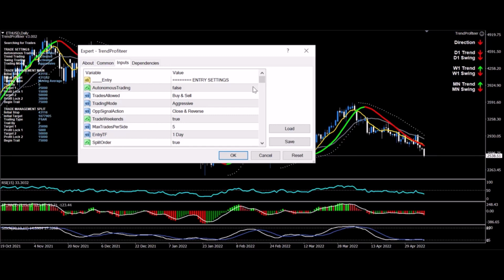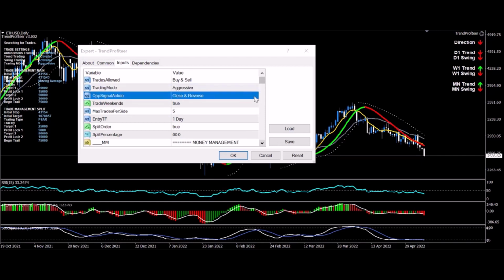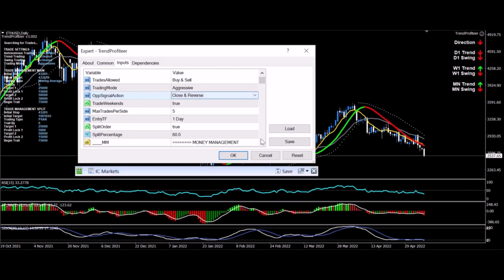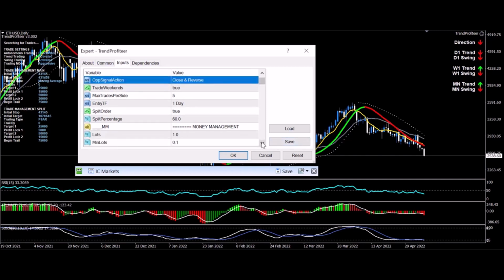Whether you want to trade up or down, buy or sell, whether you want your trading mode set to aggressive or conservative, and what to do when you face counter trends. Do you want to close the current trade and go in the opposite direction? Do you want to ignore it, or do you want to open it as well as having your current trade open? Okay, whether you want to trade weekends,